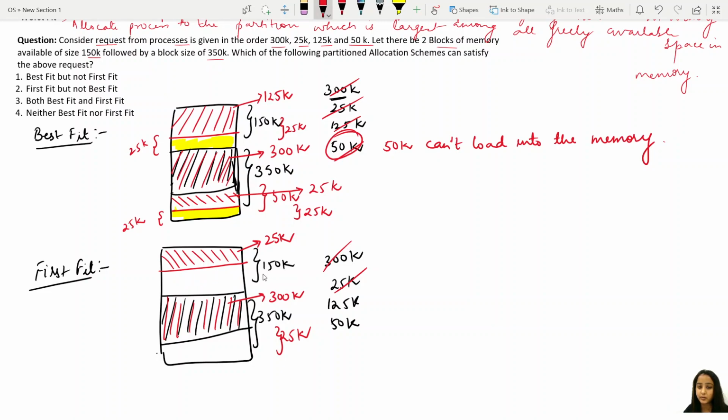So next one, how much space is left? 125K is left here in this block. Then 125 will be accommodated here. Yes, it can be accommodated here. So 125K is accommodated. Next 50K. Here 50K is left, so this 50K will be allocated in the last block. This is also executed because here 300 is there, so left space is 50. So 50 is there. So it is the first fit